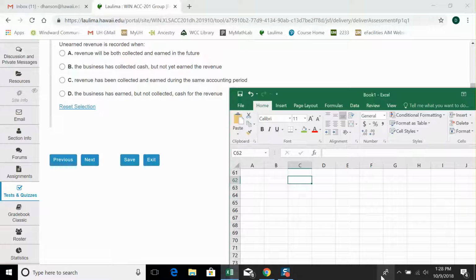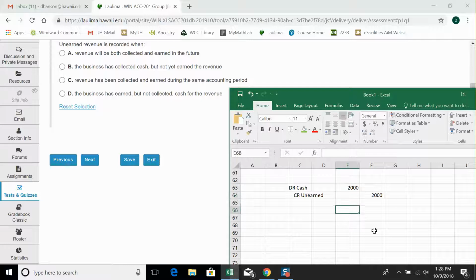So say someone or a company pays your company in advance, and you haven't delivered the goods or provided the services, then all of a sudden you have a liability called unearned revenue. So your unearned revenue would increase with a credit. So we'll do the credit first. Say it was for services worth $2,000. Now on the other side of that, you would have a debit to cash because cash was